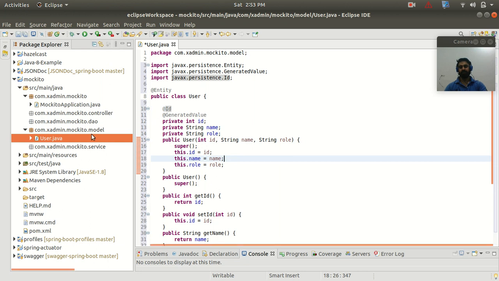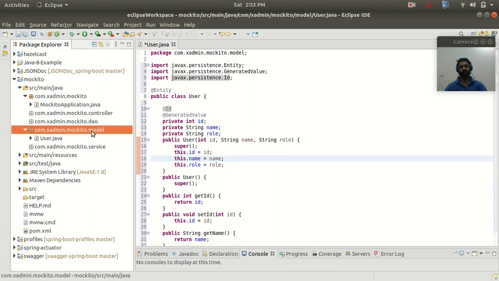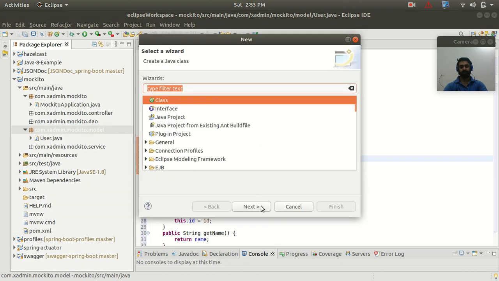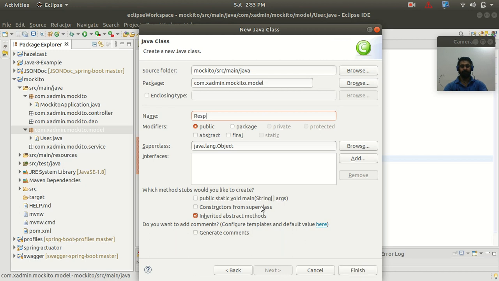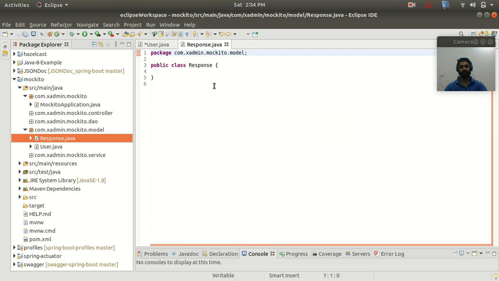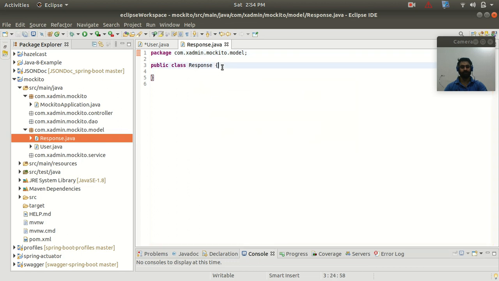So now here I'm going to create one more model class for my custom response class. So let's add one more model class, and this model class will be named Response. So here I'm going to create a response for a custom response purpose. So here we can find two properties.